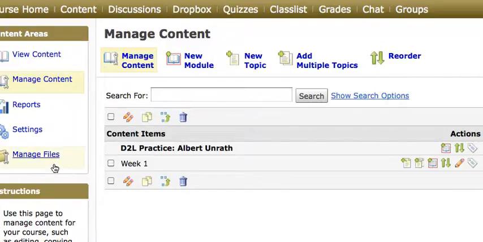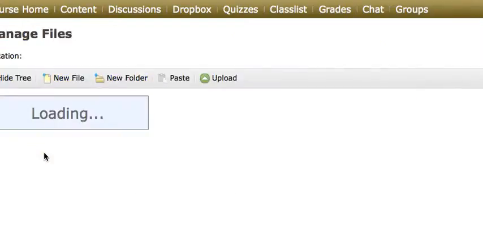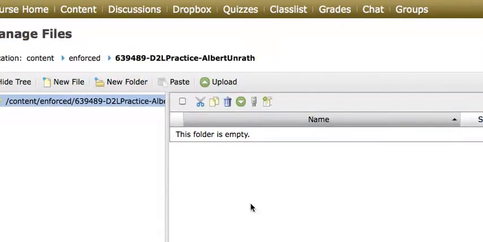case, we're going to construct behind the scenes a series of folders that we're going to store the files we have on our local desktop in and upload into our course. So I'm going to start off by clicking on the Manage Files folder. And right now, there's nothing inside of this. If I purely was just uploading content, all the files would be disorganized and kind of just presented in here,